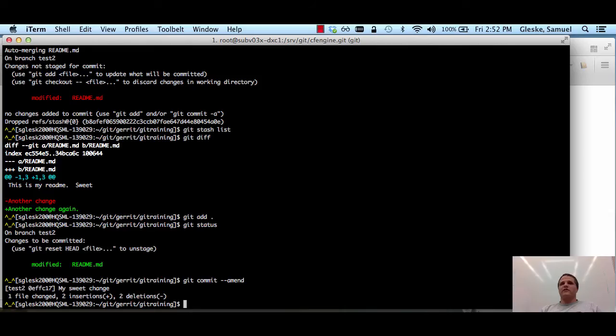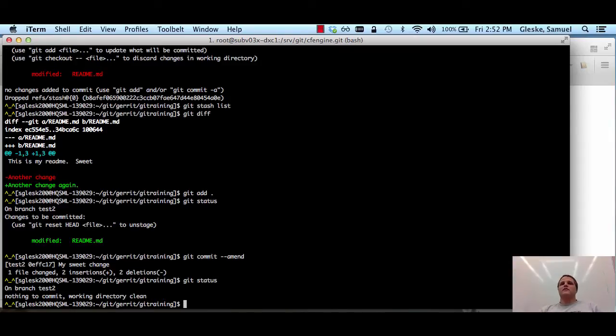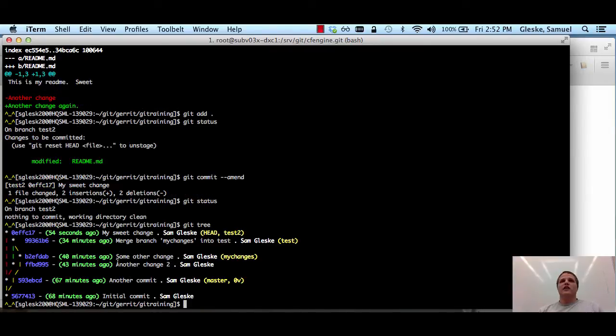I'll leave the message just for the heck of it. And so now if I do a git status, it shows that our working state is clean. If I do a git tree here in the test2 branch, it's only one commit ahead of where master was. So if you follow the dotted lines all the way back, it's only one commit ahead instead of two commits